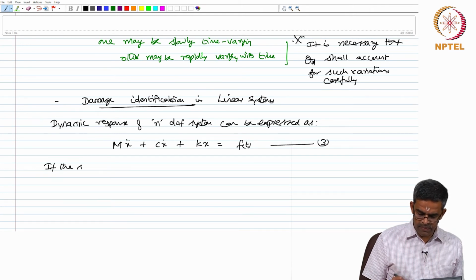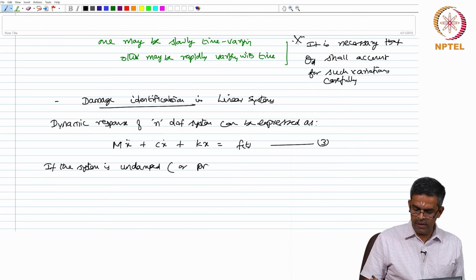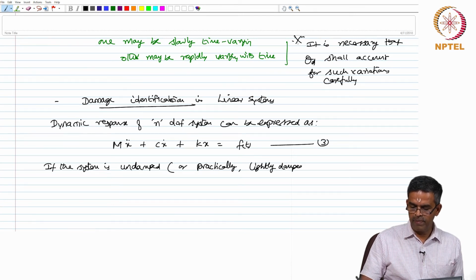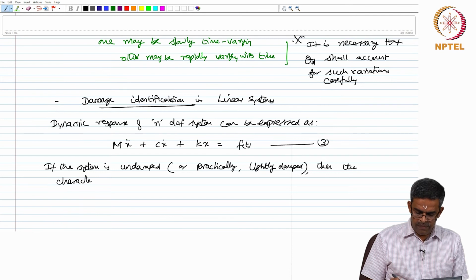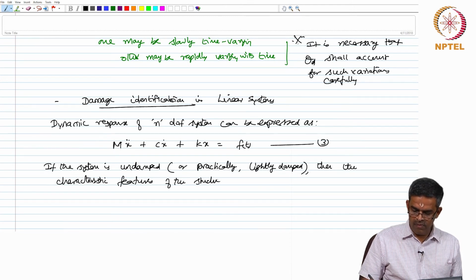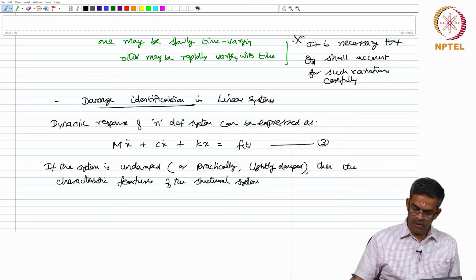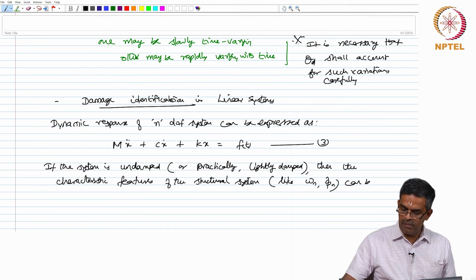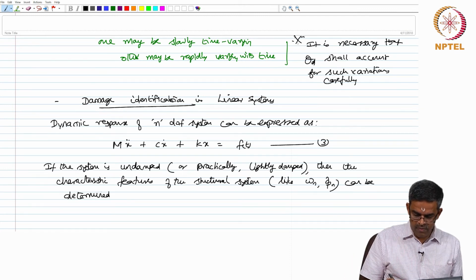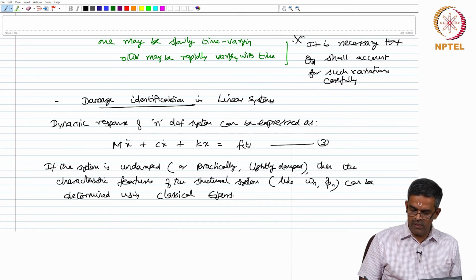If the system is undamped, or practically to say so, lightly damped, then the characteristic features of the system like natural frequency, mode shape can be determined using classical Eigensolver theory,